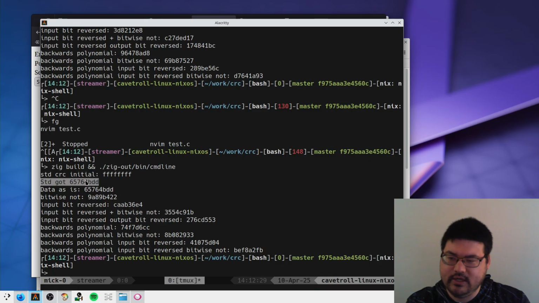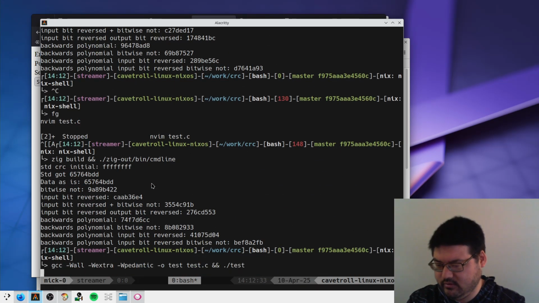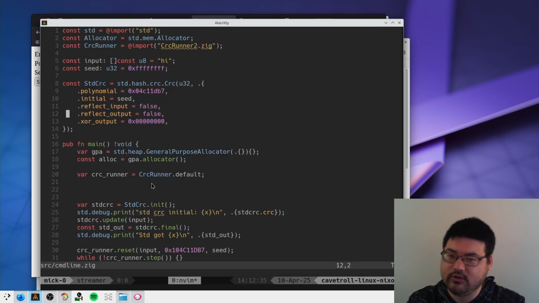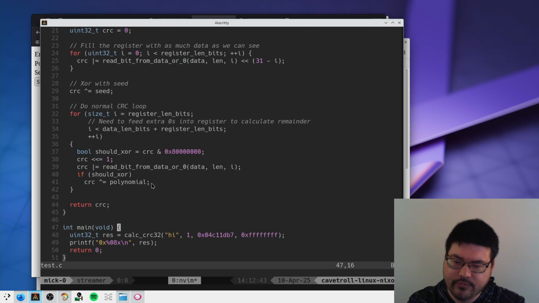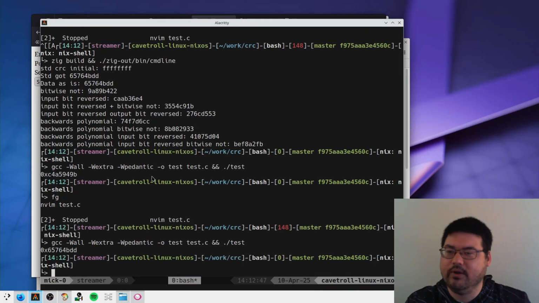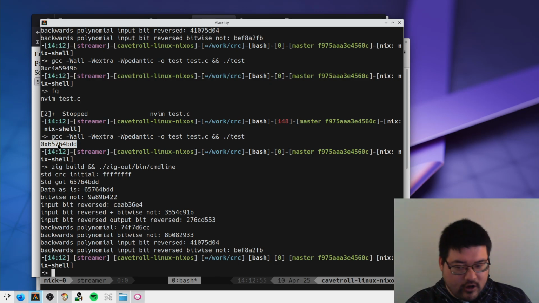But we do see this, which looks different. Did I get the right parameters here? Hi, a bunch of f's. Oh, here. I forgot to write it too. There we go. Okay. So Zig standard library is giving us this number, which is the same as this number. Hell yeah. We got there. We got an implementation. But